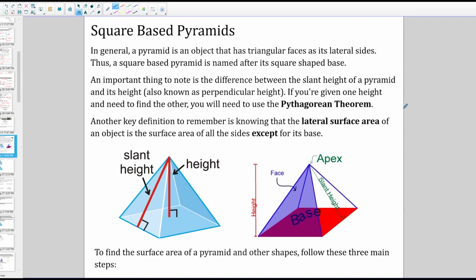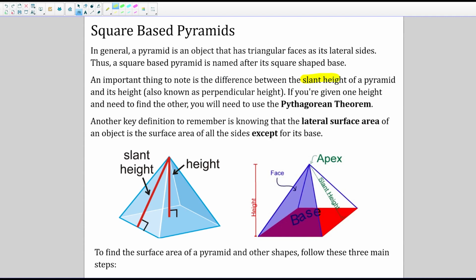So the first shape that we're going to discuss is a square-based pyramid. Now the name for a square-based pyramid comes from the base. In this case a square, so thus we call it a square-based pyramid. Two important details that we need to differentiate between for any type of pyramid in general is what we call the slant height of a pyramid, and another height called just the regular height, but we also call it the